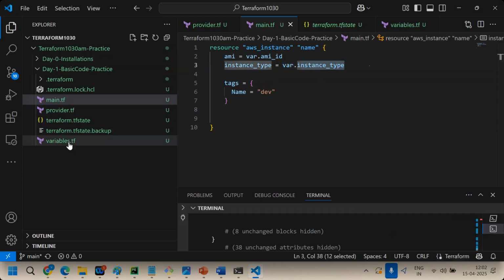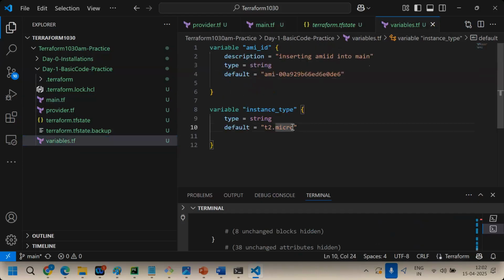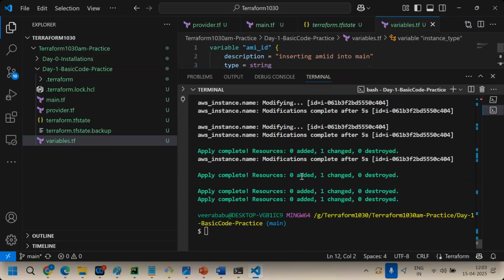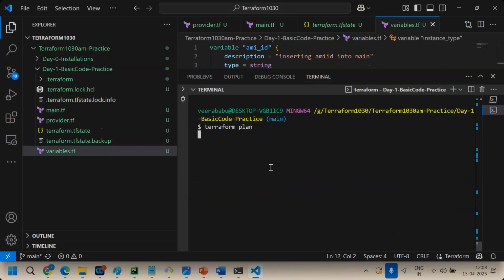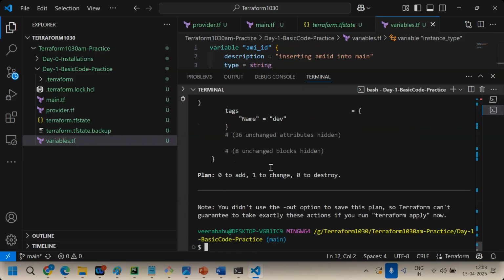Okay, tell me, guys, if I change the instance type, do I need to change it here? Where should I change it? Now tell me, if I give t2.nano and run Terraform plan, what is the expected output? Change, or delete and recreate, or stop the server and create, or stop the server and modify? Change. The server is not going to be deleted.